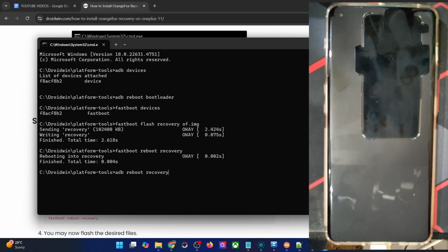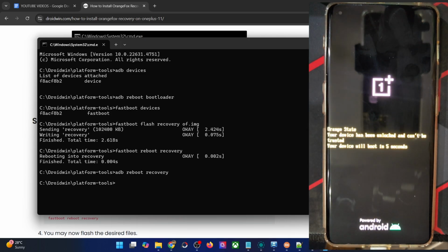And if you have flashed Magisk, then you could also reboot to the recovery via the Magisk app itself. You just have to obtain root once, and then using the reboot option of the recovery in the Magisk app, you could easily reboot to the recovery as well. Or you always have the option of the hardware key combination or the ADB command.